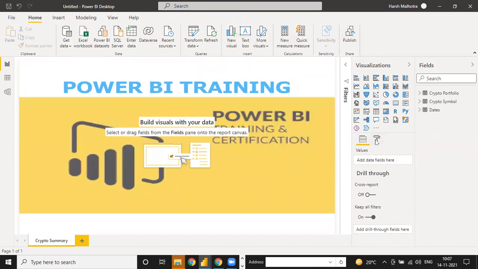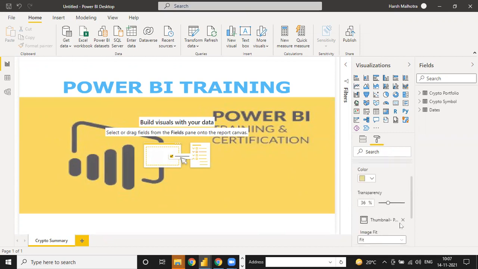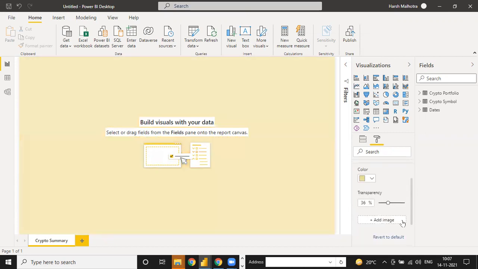So that is the benefit of this Power BI. You can add multiple things. We just go to page size, page background. So right now I need to remove this because I don't need this image. Color is okay. And now page alignment, you can add top, vertical, or that kind of thing.